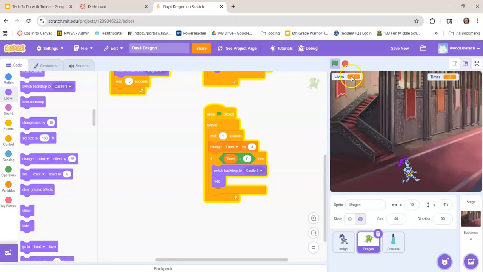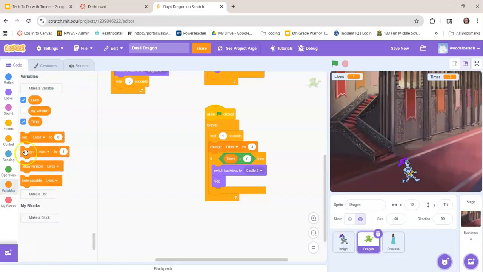So I made it into the castle. My lives are still positive, and my timer is going negative, so I need to tell my timer to stop. So under variables, I'm going to set my timer back to 15 so that my timer doesn't go negative because I've won the game. Hit save now. Then